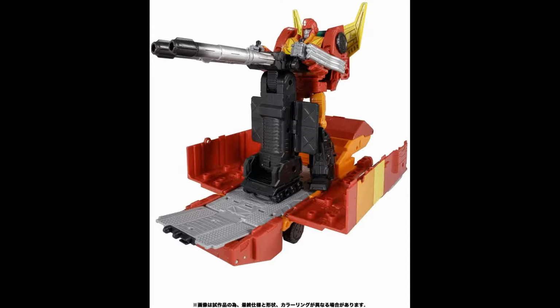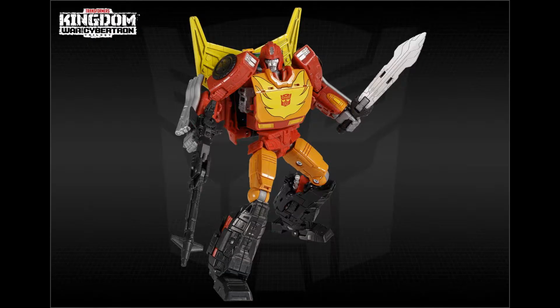Some big differences with the Rodimus Prime 2 Hot Rod is that this Commander class, the main Hot Rod action figure body, does have some extra articulated fingers so that you can hold the Matrix of Leadership. And it looks like it does come with two Matrix of Leaderships. And it makes sense why they would do this, because if you have a Matrix that an action figure can hold in its hands,